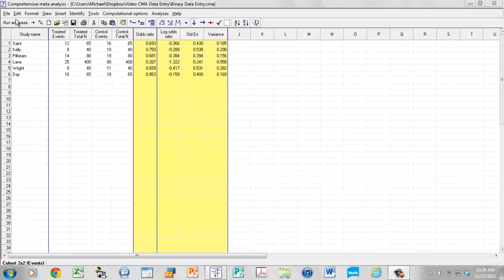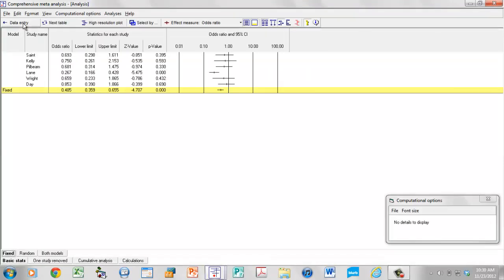To run an analysis, we simply come up here and click on the button that's marked Run Analysis. And the program immediately shows me for each study the odds ratio, the lower and upper limit, the z-value, the p-value. That information is shown over here as well in the form of a forest plot. So for the first study, for example, the odds ratio is 0.69 with a confidence interval of 0.30 to 1.6 approximately. Here is the null value, which is 1.0, and the point estimate is 0.69. And the confidence interval goes from 0.30 to